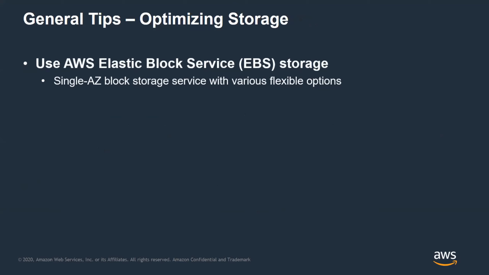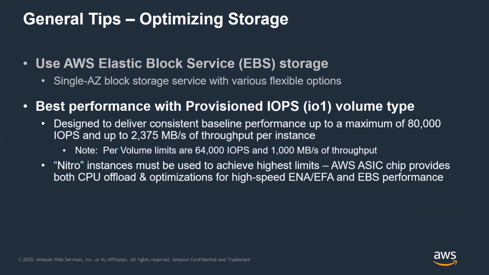On storage, we've talked a little bit already about EBS. That is without a doubt the storage model that most high-performing database applications, whether they're ASE or IQ-based, are going to be using. Right now, our maximums are 80,000 IOPS with about 2.3 gigabits of throughput. That's per instance. But if you have multiple different storage volumes, those limits are slightly lower.